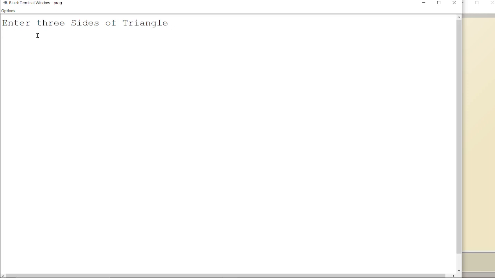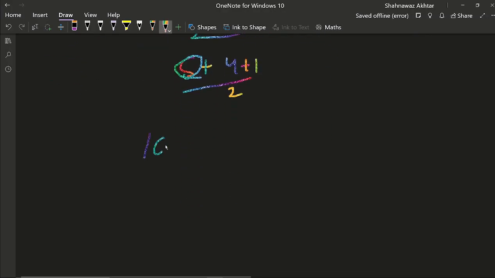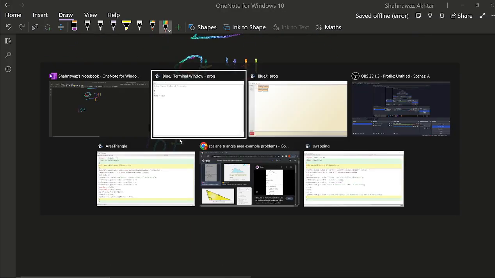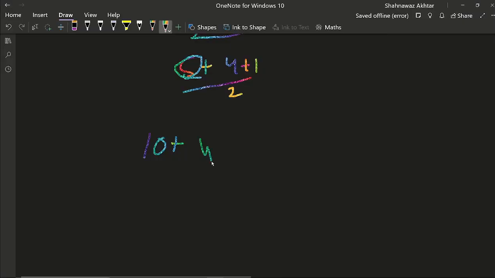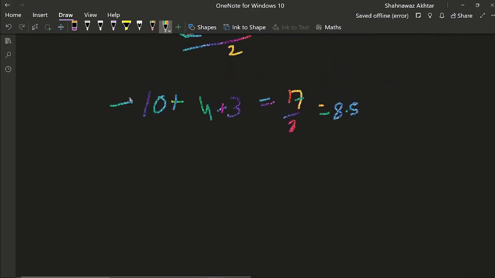Okay, let me take 10, then 4, and then 3. Then again, not a number. Why is it generating not a number? If I calculate it like this, 10 plus 4 plus 3, it is 17 divided by 2. It is 8.5. Now what? Oh, sorry. Now this also must be taken care of,